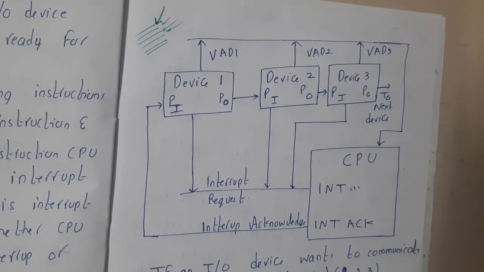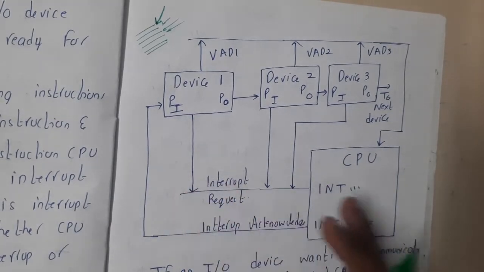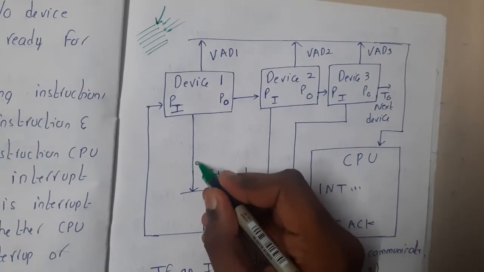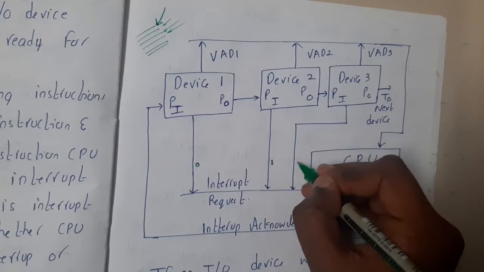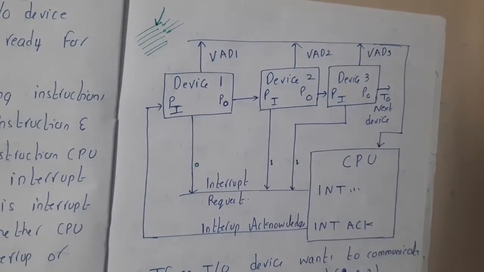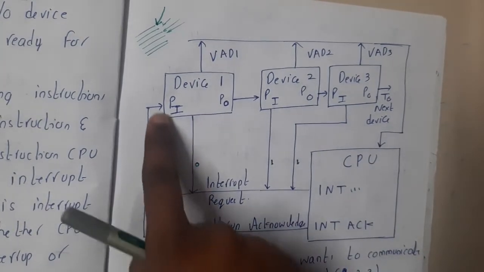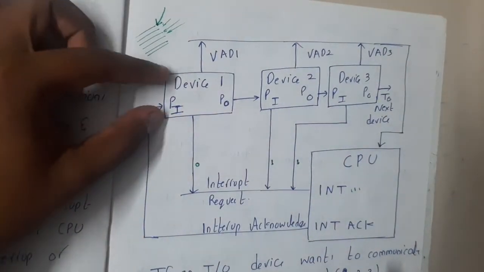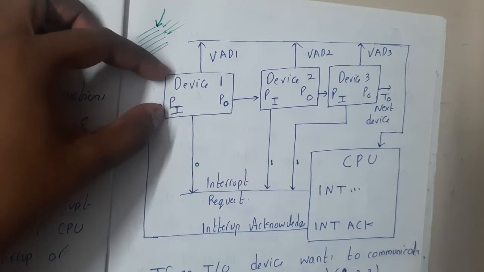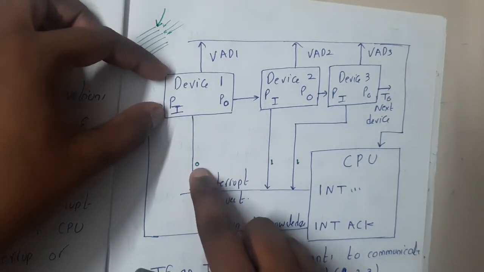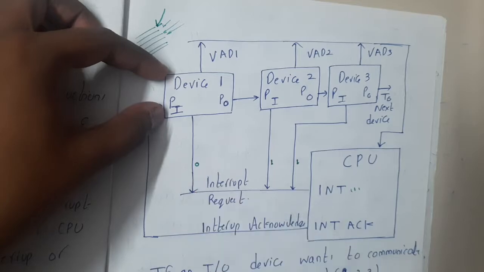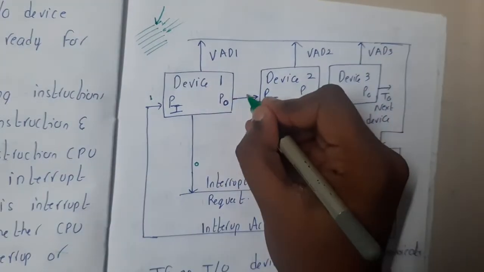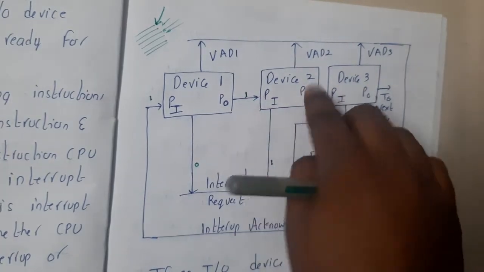If you observe carefully, we don't know which device wants to send the data, right? So assume this device doesn't want to send the data, this device wants to send the data, and this device wants to send the data. At that time, this acknowledgement will come to device 1. Device 1 will understand, okay, someone has requested an interrupt, but I don't want to send anything. So let me pass this 1 bit forward. It will pass that bit forward and it will be received by device 2.